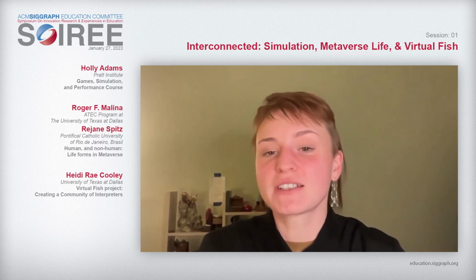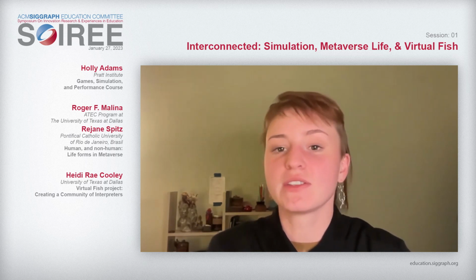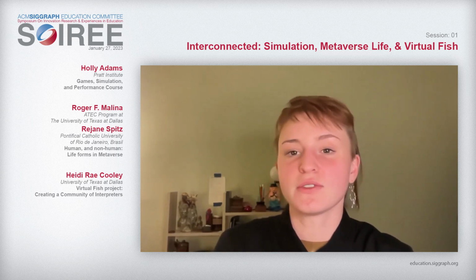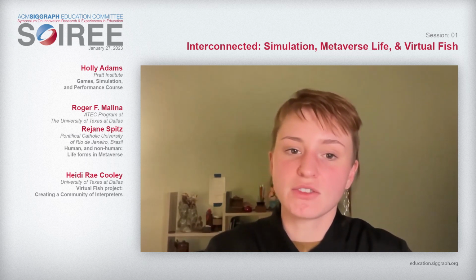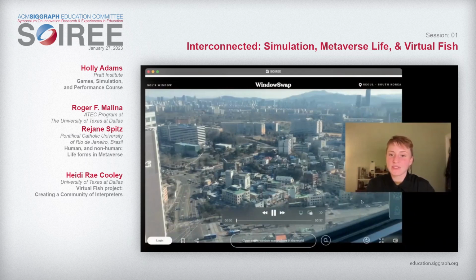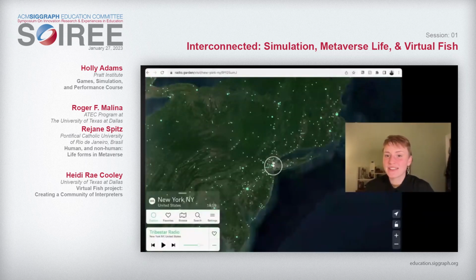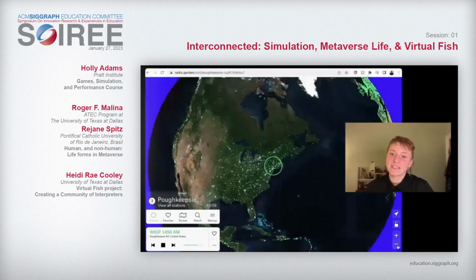One of the learning objectives in the course is that students gain proficiency with Unity, specifically using location data of mobile devices to create a locative media project. I'm going to walk through the structure of my introduction to Unity lesson. First, we go through some examples of different ways that we can engage with location data. So I like this window swap as a good example, and Radio Garden